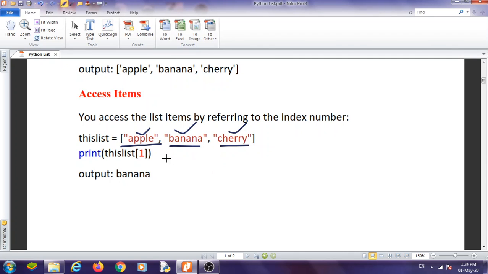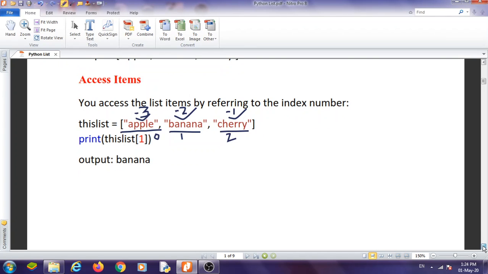The index starts from 0, 1, 2 and so on. These are the positive indexes. If we use negative indexes, then the first negative index will be -1, then -2. So these are the sequence of indexes in the negative case. It is similar to strings.